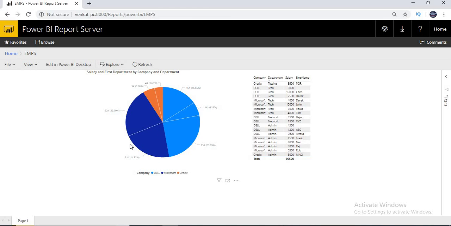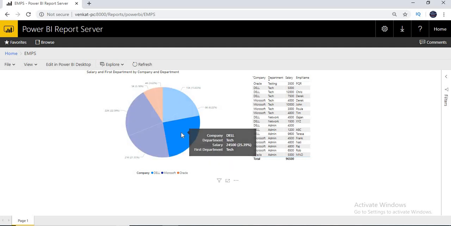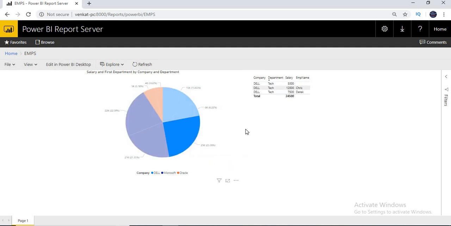As I mentioned, it is a richer look compared with SSRS. Let's select this section. Once you select it, obviously the right side section is impacted. You can see less data here, and even this section automatically refreshes. If you closely observe, you may not get this kind of flexibility in SSRS. If you select one object in the same report, you may not be able to apply that filter to the right side object. That is not possible at all, 100%.